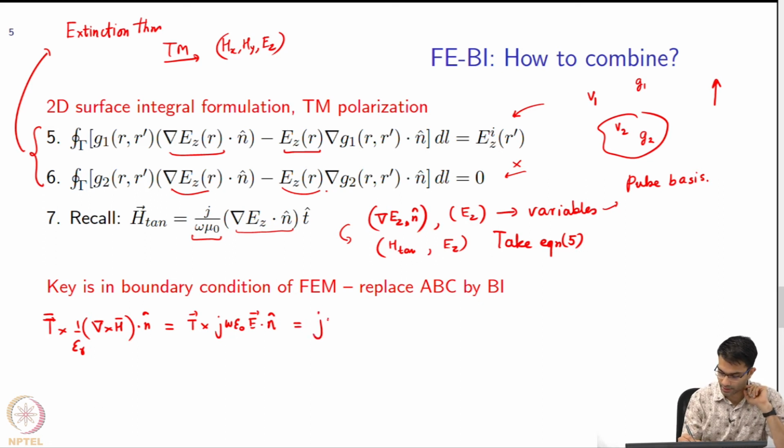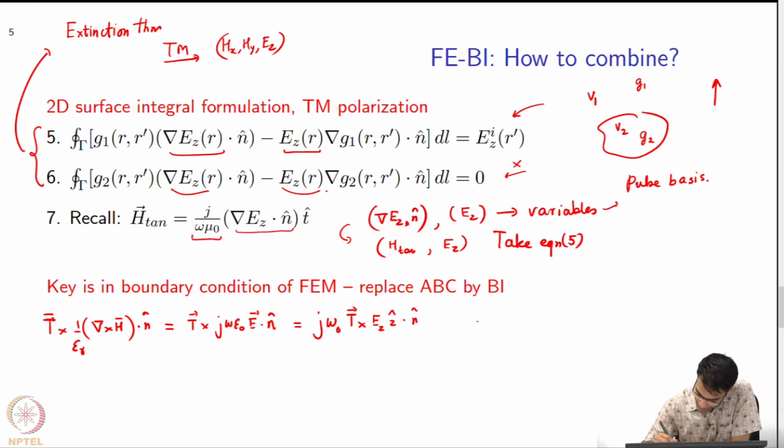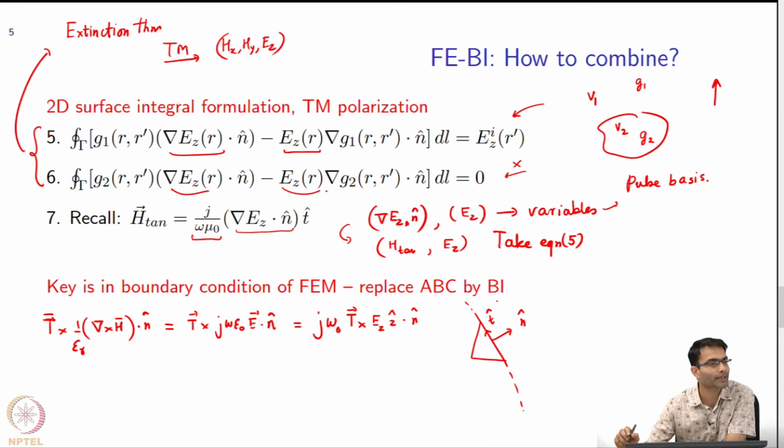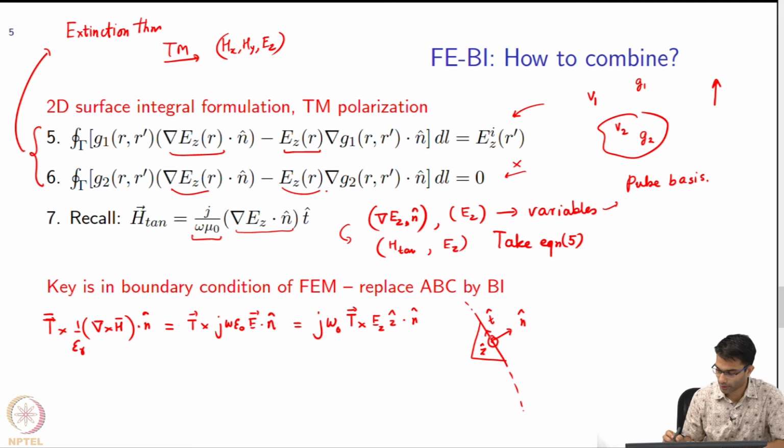So, that just becomes, I can take this j omega naught out. T is T, E is Ez z hat, dot n hat. Okay. So, let us take a sample case over here. This is my n hat, my object boundary, right, and I am just looking at one triangle on it. Maybe it is too skew, maybe we can just make it a little better. Okay. This is a triangle on the boundary, and let us say that my T hat is my tangential vector, it goes along the boundary. And which way is my Z hat? Coming out of the board. Okay. Now, T hat,